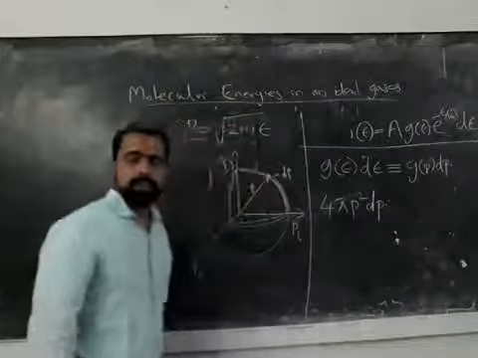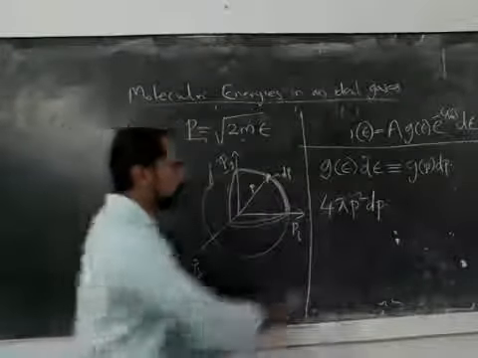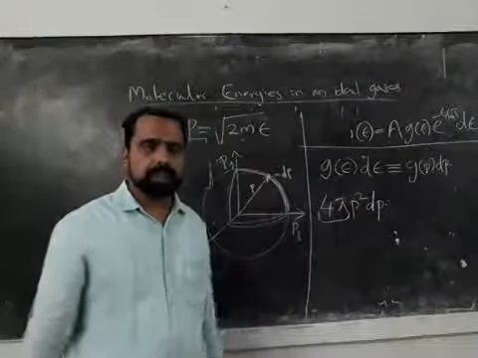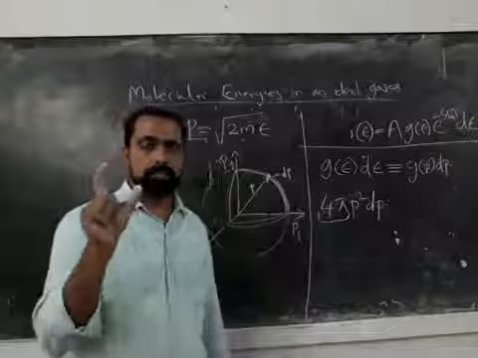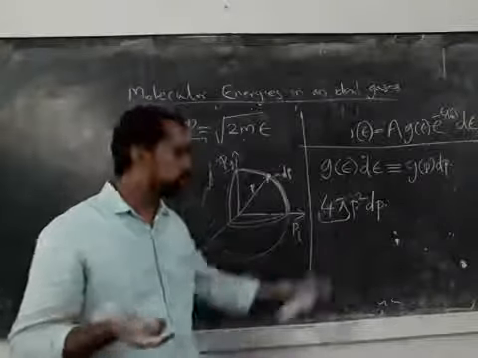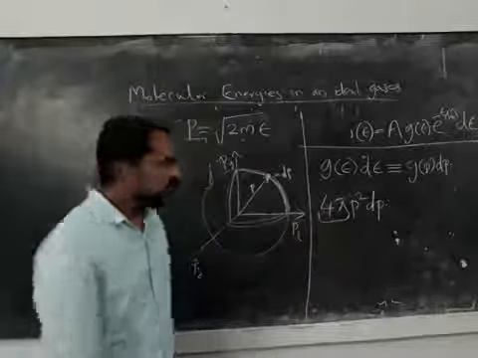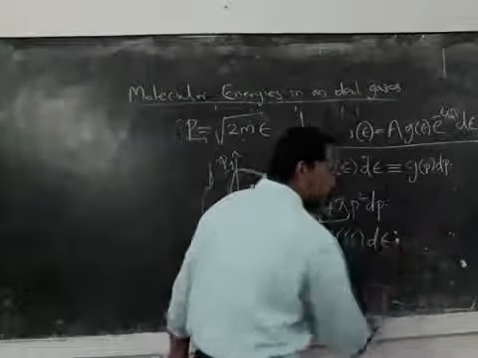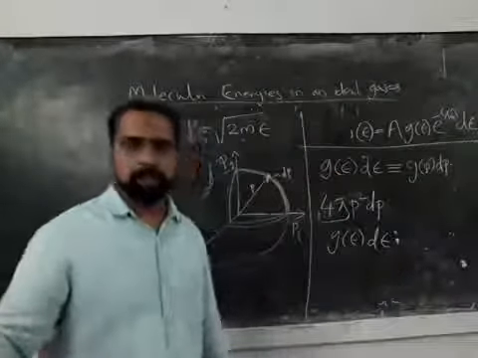So 4 pi p square dp. So this is some constant, so we can just take it as another constant b, instead of keeping these numerical values. So you can write g of epsilon d epsilon, or simply g of p dp,